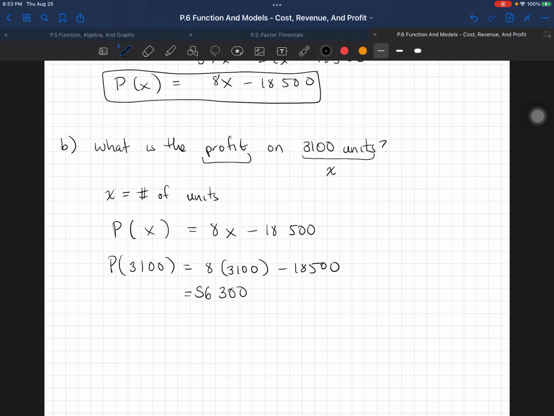So therefore we get $6,300 of profit. And there you go. So we have found that there is a profit of $6,300 when you produce 3,100 units. All right, so I hope that this is